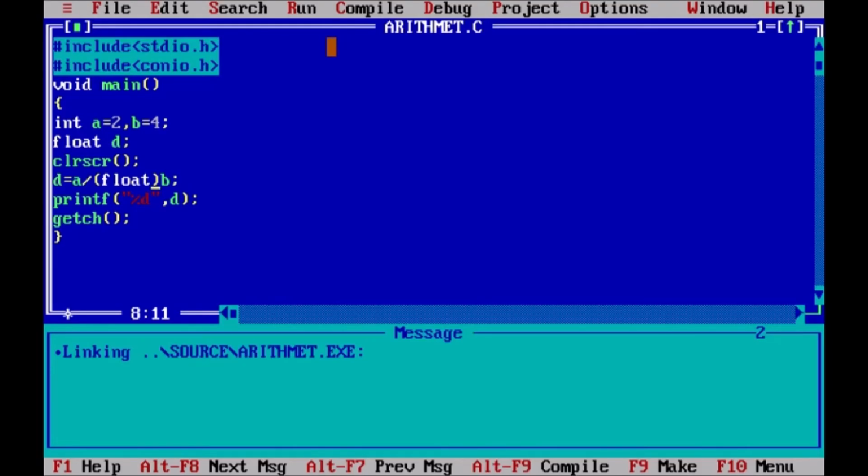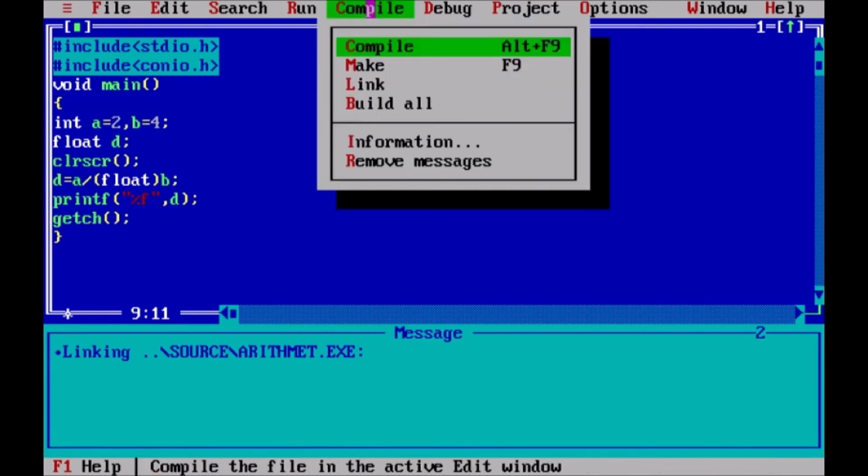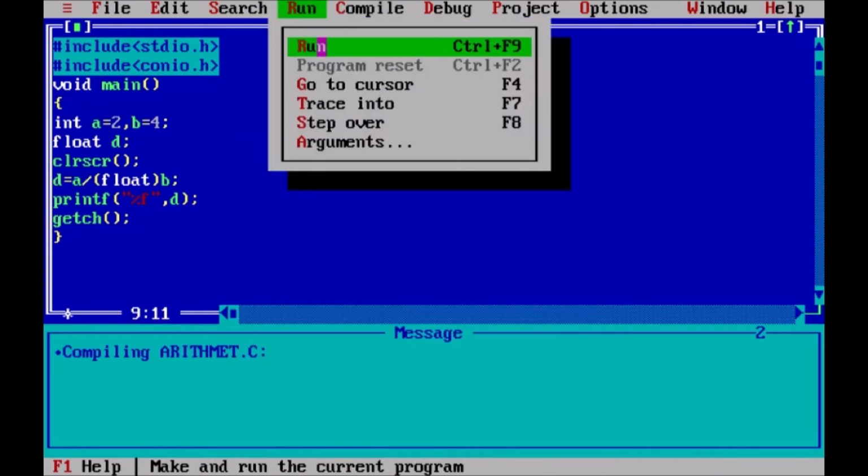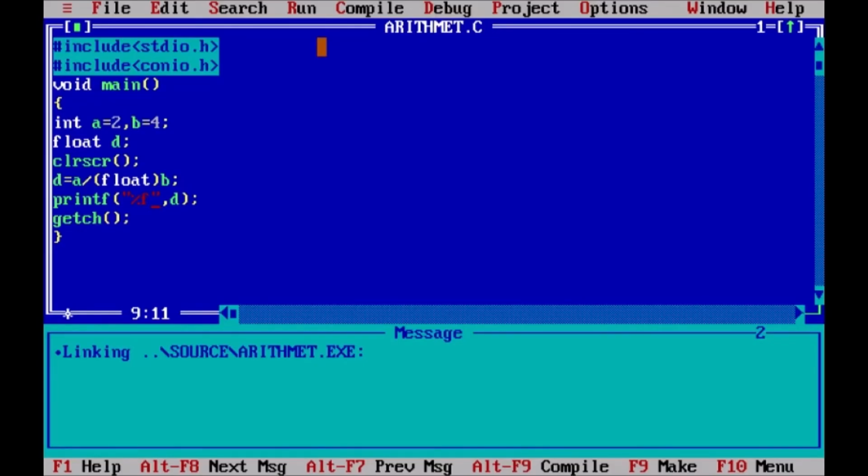Alright, so still we are getting the value 0 onto the screen. This is because we have used the conversion code as %d, but as you know, in order to display a float variable, we have to write %f as a symbol. So let us write %f in place of %d. Now let us see the output. Okay, so here we go. The answer is 0.5000, that is equal to 0.5. So in this way the value can be stored and used. So in this way a division operation can be performed.